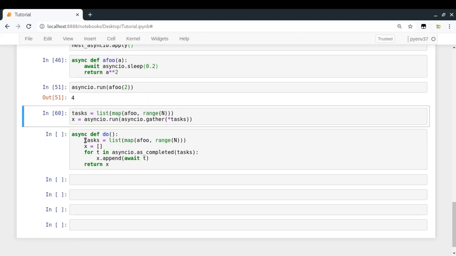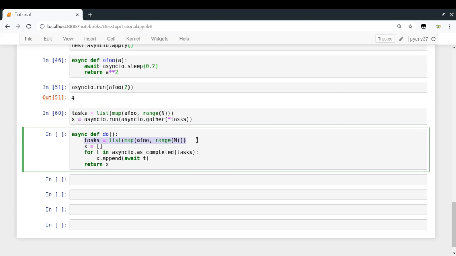Okay, so now let us try to understand what's happening here. This is a function which keeps a list of all the coroutines that need to be run, and asyncio.as_completed is running those coroutines. It returns you an iterator in which, when you iterate over it, every time you get a coroutine which represents the earliest next result which is going to come. Now that result might not be in order, right?